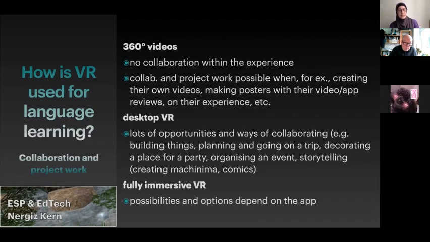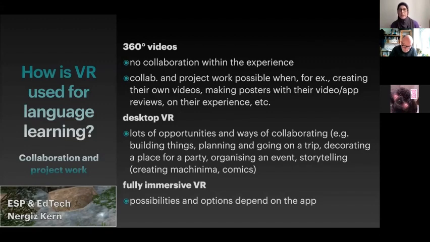Next type of activity, collaboration and project work. You can do this in all types of VR again, but in the first one, the collaboration is not within the experience, not within the app. But you can, of course, have collaboration outside the app.